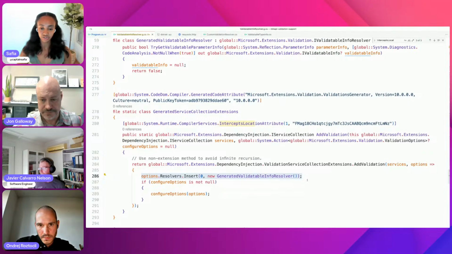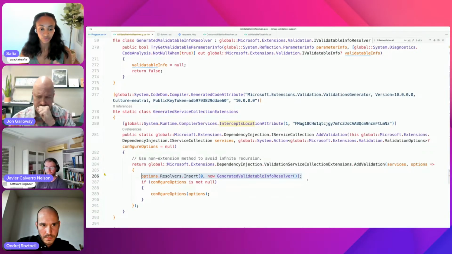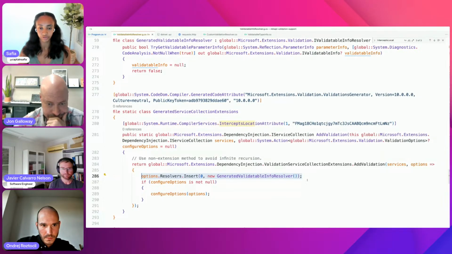There is a notion of validation resolvers, which implement a particular interface, and you can chain many of them into an API and kind of codify or extend resolver or validation behavior in the implementation as you'd like to see fit. So here, by default, when you activate the implementation, we generate a validatable info resolver